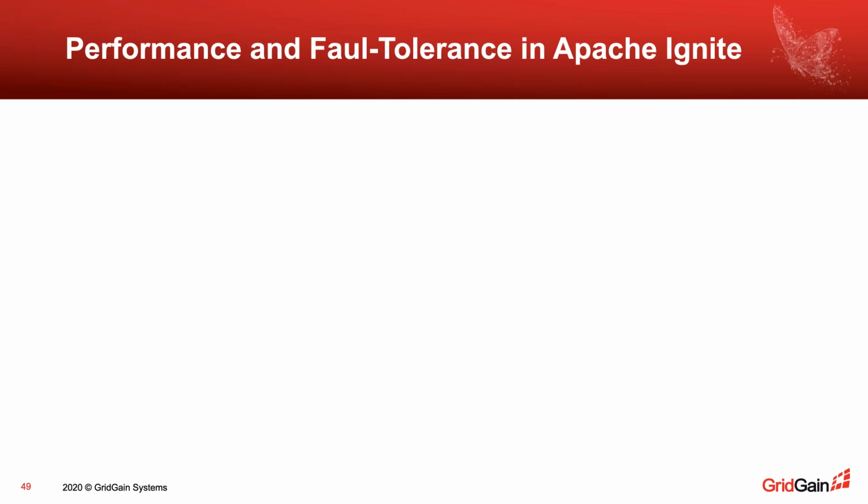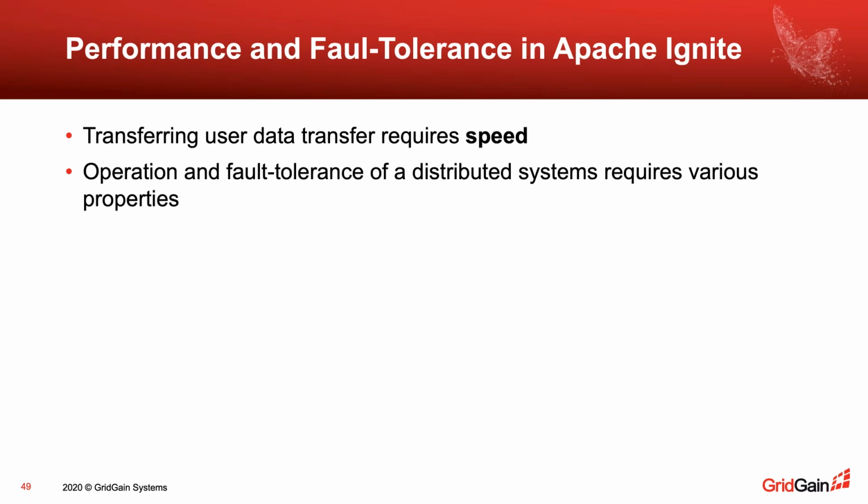And to summarize, transferring data, as we talked about today, transferring user data requires, first of all, speed, but operations and fault tolerance of distributed systems need special properties of the protocol, such as ordered event delivery. It needs special protocols for cluster join and for failure detection. And if we try to implement all that in a single protocol,